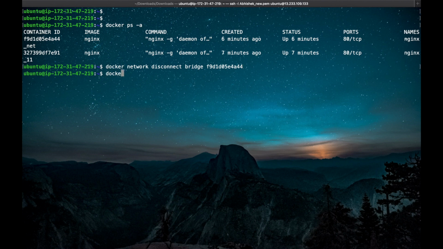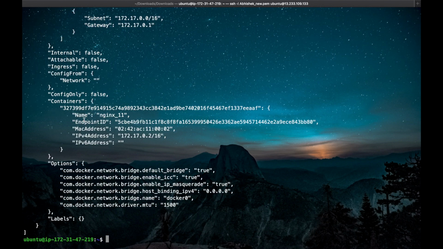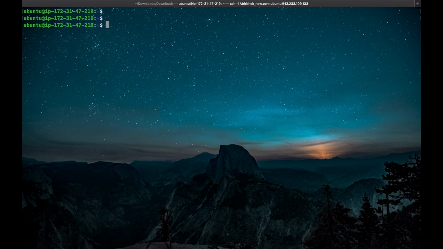So let's check. We can see here before it was showing two containers, now it's showing only one container, Nginx 11. Let's clear this out.